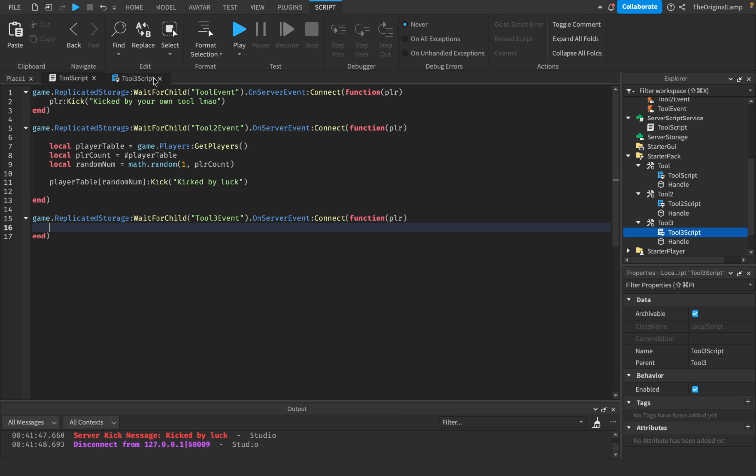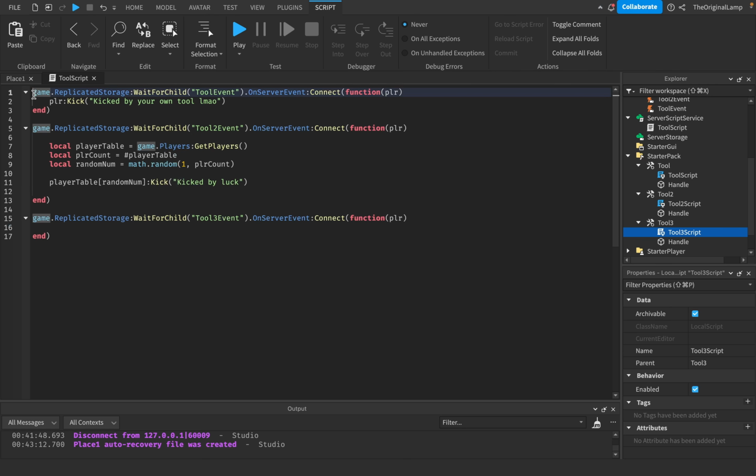So this one will be a bit more challenging. What we want to do is make it so that whenever the player chats, we save that chat. And then if the player chats a player name, and then we press the tool, what we need this code to do is, first of all, know what the player has chatted beforehand. We need to check whether that message is an actual name of a player who's playing our game right now, and then we need to kick them. So I think the very first thing we need to do is actually detect the last message sent